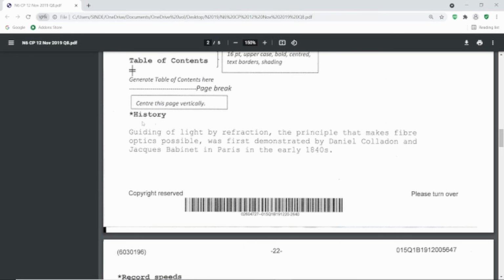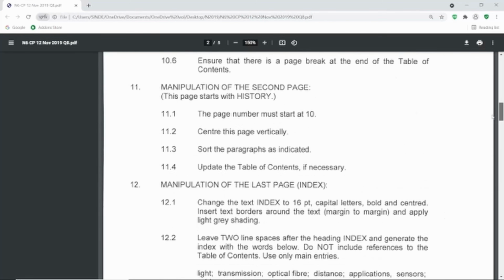Okay, we only have up to level 4. In this question, they ask you to mark all the level 1s, the 1 stars, for example, history, to change its font. Okay, so over here,